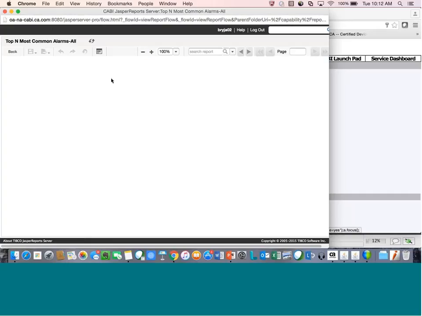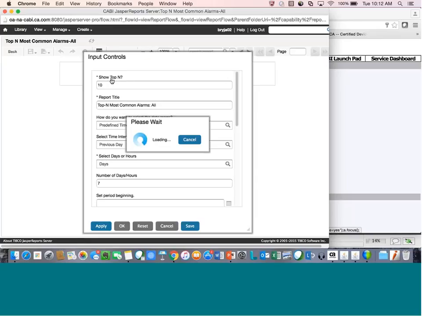you're going to see a similar look and feel in terms of options. So it's not a whole new reporting structure from a usability standpoint. Very similar in terms of the predefined time ranges, the types of events that we want to pick, if I want to do top end or any more, my report titles, et cetera. So it's not a huge learning curve once moving over to Jasper.